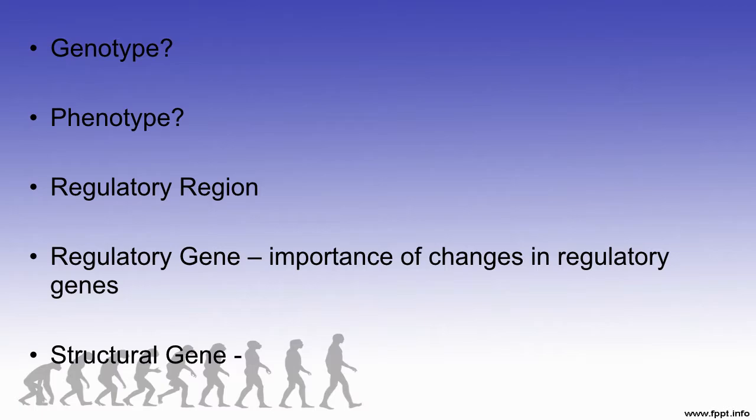a brown-eyed individual could have a genotype, that means their genetic makeup, of capital B, capital B, and thus be homozygous and be brown-eyed, or they could have capital B, small b, so they carry one copy of the allele for brown eyes and one copy of the allele for blue eyes. But because capital B is dominant, that's what's expressed, and thus their phenotype is brown-eyed, even though their genotype is